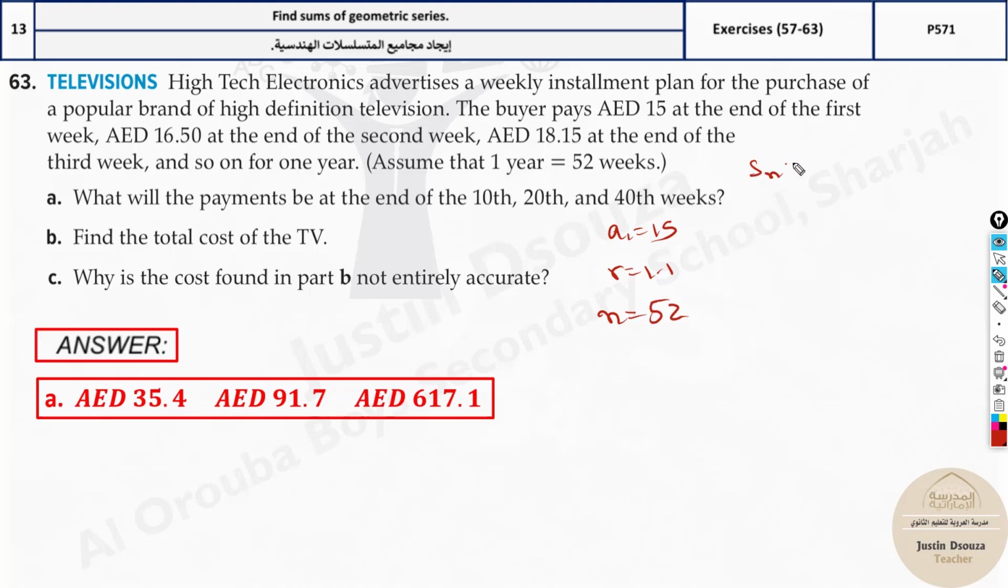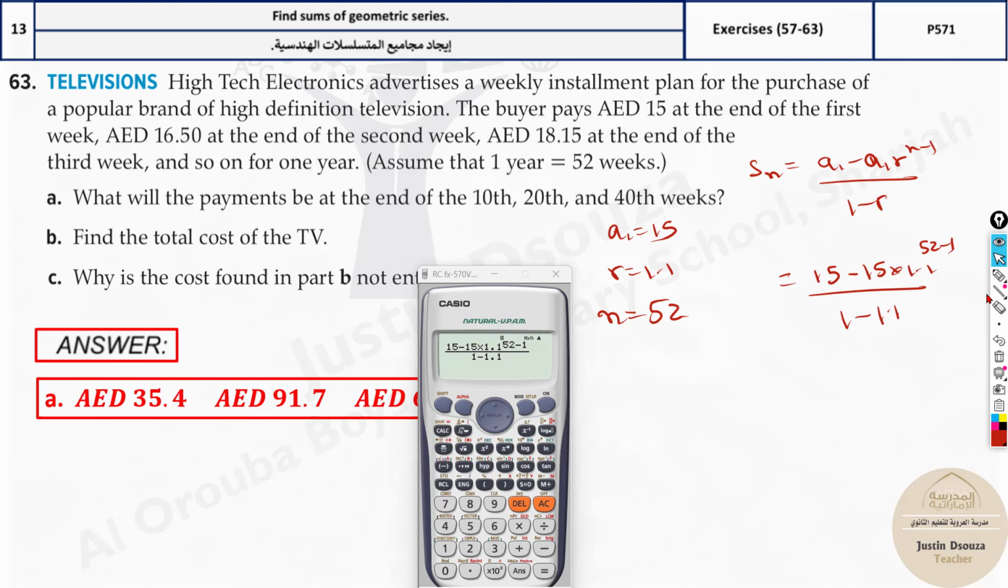So the summation formula Sn is equal to A1 minus A1 R to the power N, by 1 minus R. So the first term here is 15 minus 15 into 1.1 to the power 52 minus 1, divided by 1 minus 1.1. You just have to put this in the calculator and you'll get the answer. So all you need to do is substitute everything as it is in the calculator. And the answer is